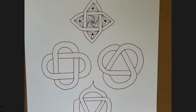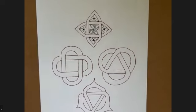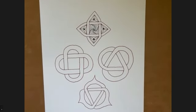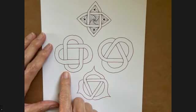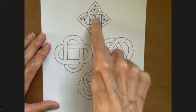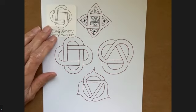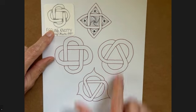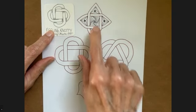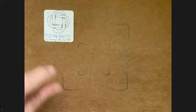And this is one of my pieces of scrap paper. Okay, so if you go to her step outs, which are available on tanglepatterns.com, you'll see that she has these 4 versions of that Celtic knot on her site. Okay, and I'm going to start by just showing you how to do these, and then we will actually do a tile using that. So for this, you're going to need